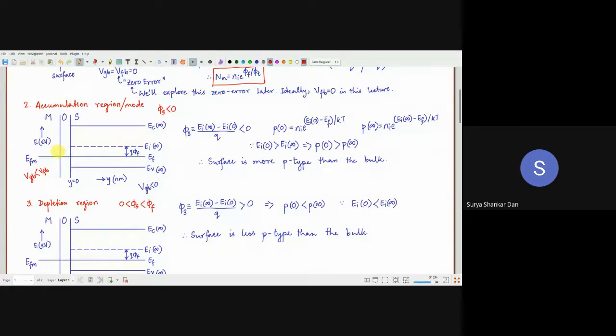Okay, fine. So what Srinivas said is perfectly correct. Now if we are putting a negative gate bias, this will go up, because VGB is negative. Now notice, the moment this goes up, essentially meaning that you have applied a negative gate bias, one way of looking at it is the metal side, that is the gate metal, is essentially going to accumulate more negative charges.